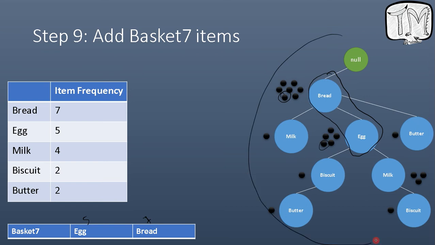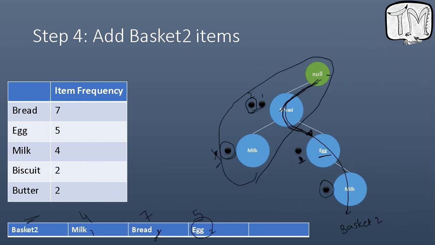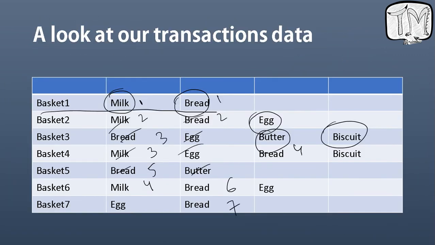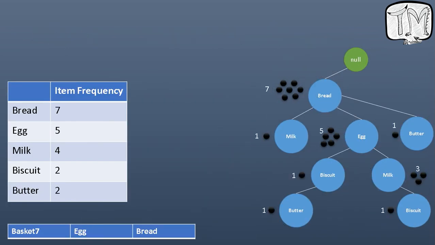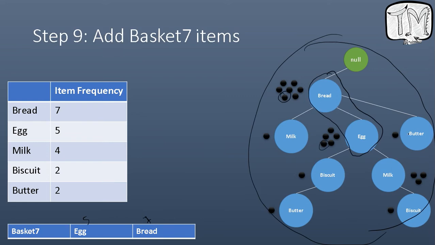And this simple structure here, as you can see, this tree contains this entire basket table or transactions data. It has been compressed and can be represented by a single tree. Okay, so that is how FP growth works. It compresses all the transaction data into a simple tree based structure. Okay, now if we have to look for any transaction, we can start with null or root, and we can iterate over the branches.